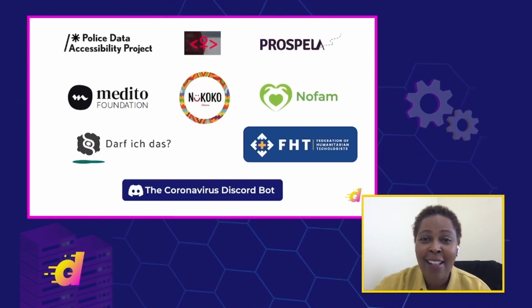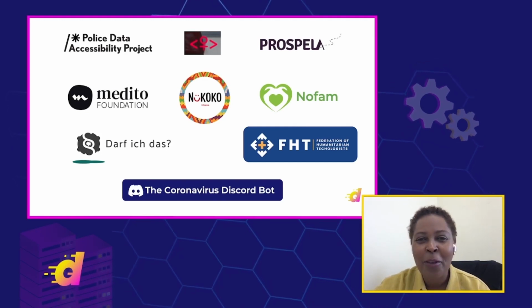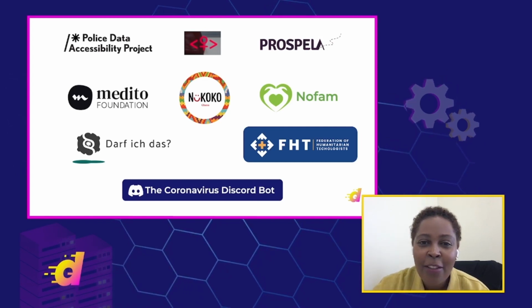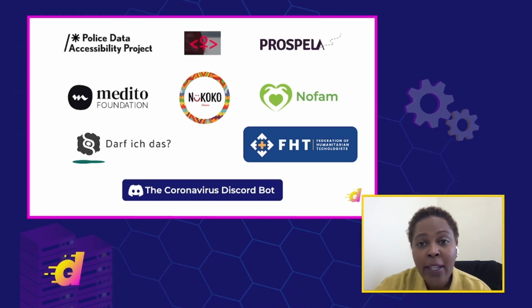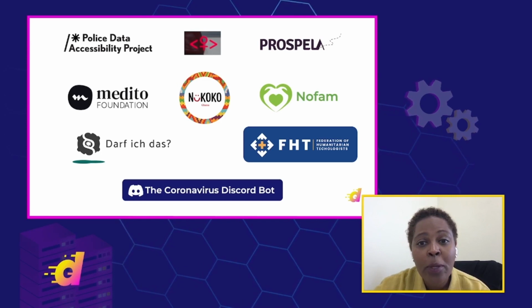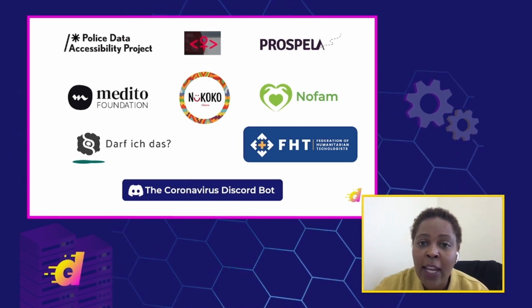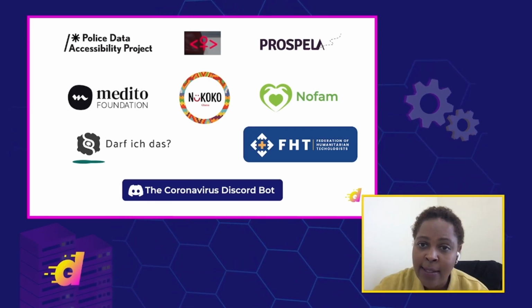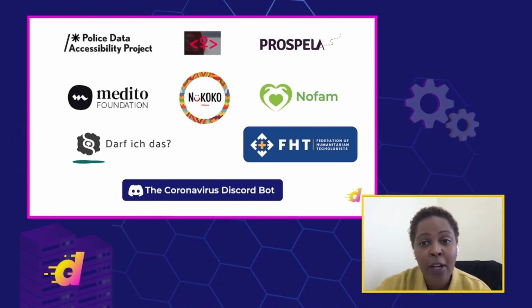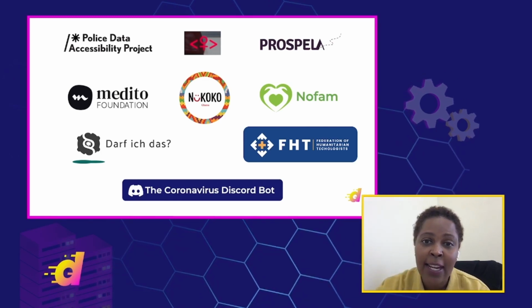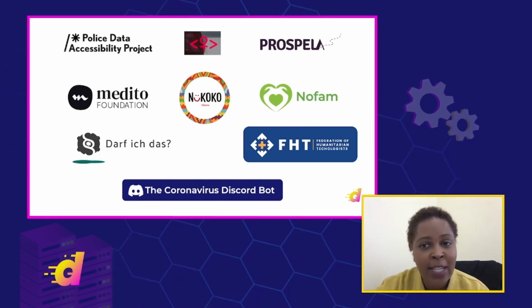Here are some of the Holly's Hub for Good projects that we've continued to support since the summer, and I'd love to tell you about a few of them. The Federation of Humanitarian Technologists, or FHT, is a global network of developers who are designing, building, and maintaining critical open source infrastructure for those who are working in response to humanitarian crises. FHT is using our Droplets to build software for nonprofits and the wider civil society for a time when technology is needed the most. Nukoko is a